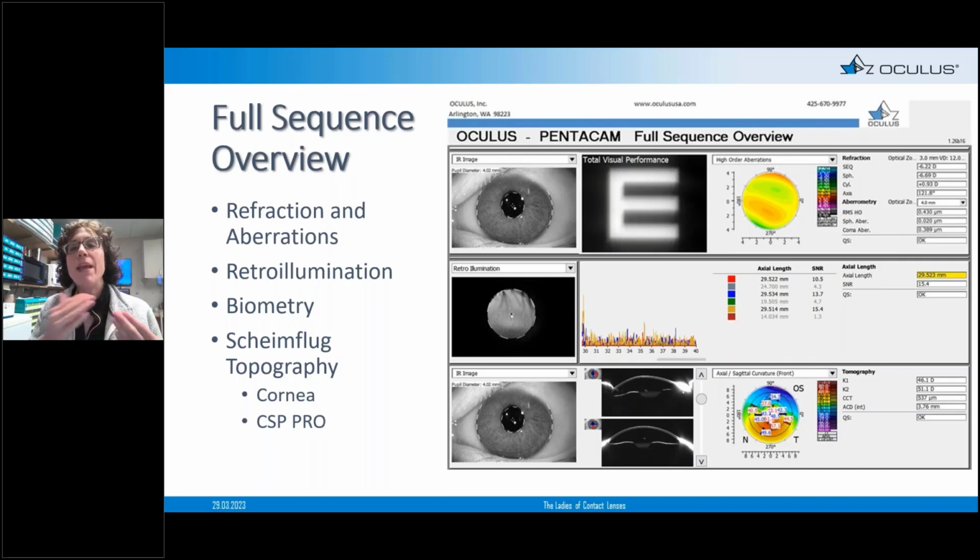Now, when the patient enters the clinic, the technician will run the full sequence overview. I want to break this down so you really understand how you can use this clinically. It can act like your autorefractor, so you can get your baseline autorefraction, but it also lets you see the aberrations inside the patient's